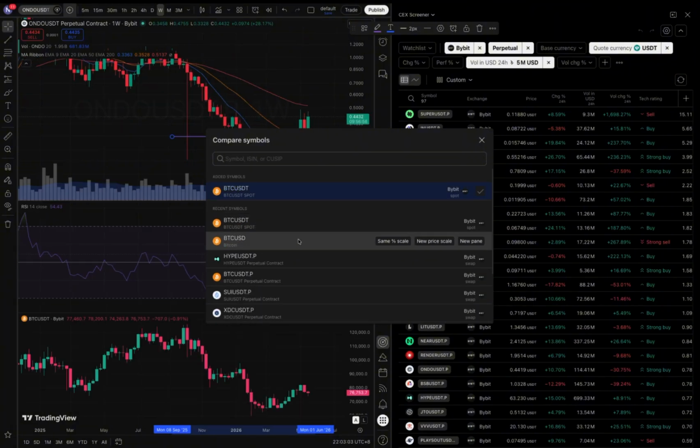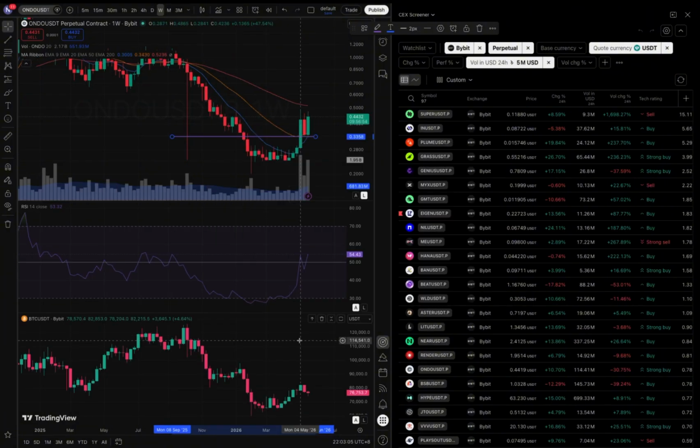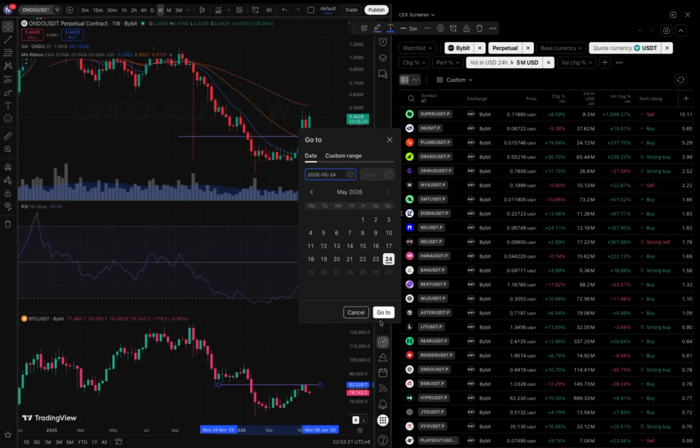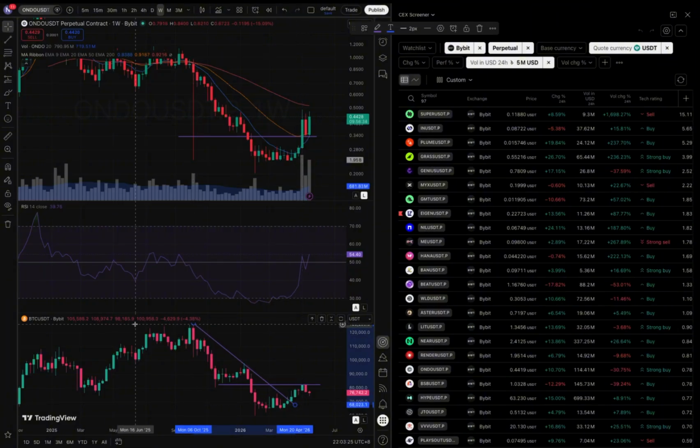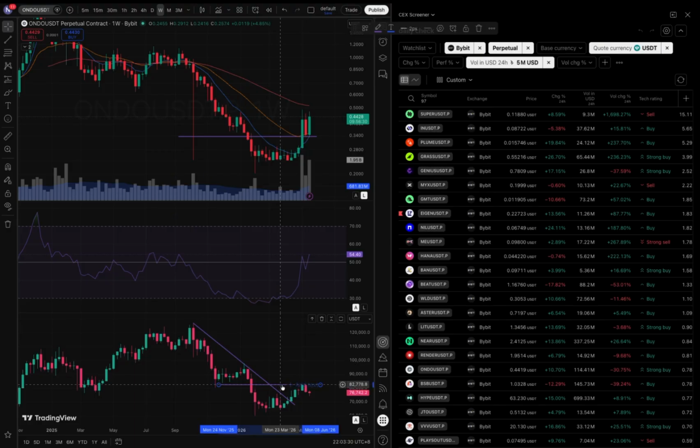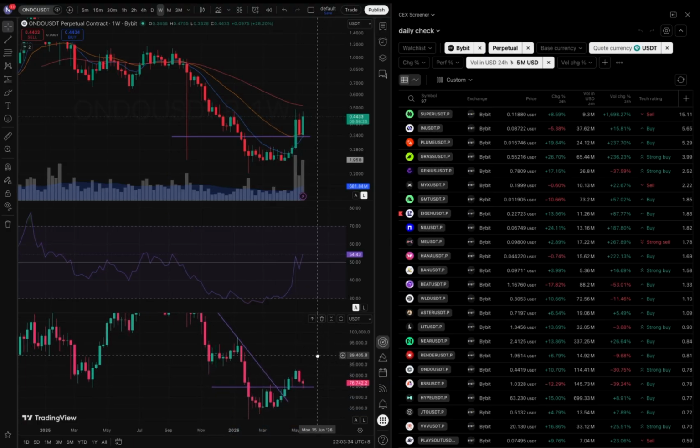Right, so I add this as a new pane. Okay, there is the hesitation. I was thinking this might get rejected and go down lower, but no, it went up. Now, I was thinking maybe this is actually a bullish scenario. Wait, let me close this, right? Maybe this is actually a bullish scenario because BTC is now sitting here.